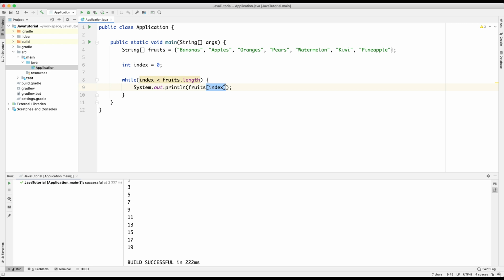Therefore, we print out fruits, which is our array, and these square brackets mean that we want to access a particular value from the array based on an address or an index. That current index is going to be 0 because it's the first time we're running it. So it's going to retrieve the value bananas because that is at position 0. The next time we run it,